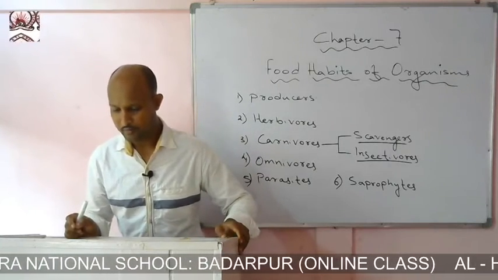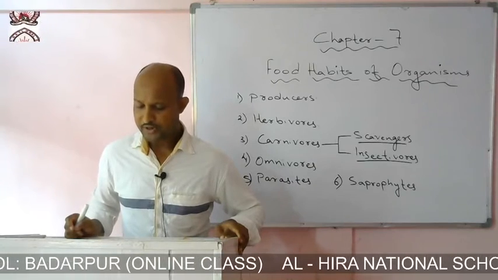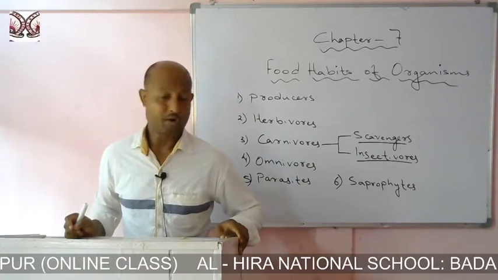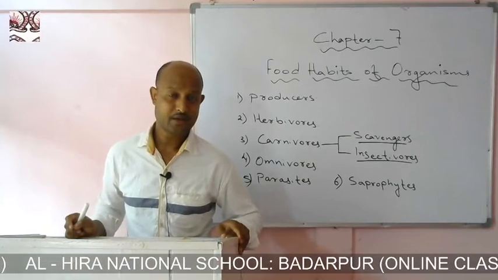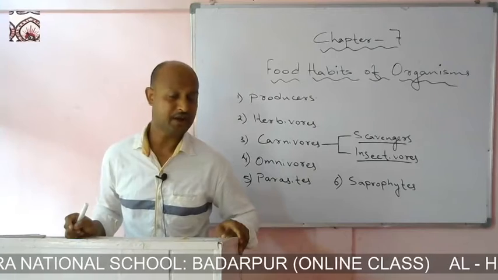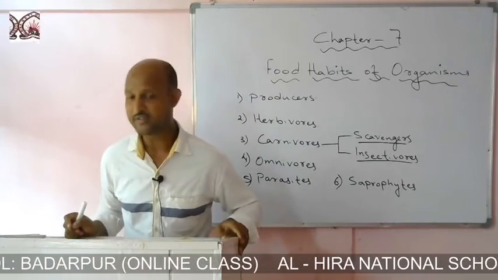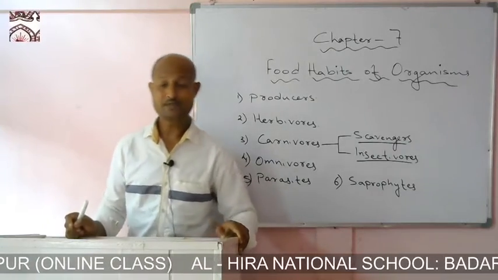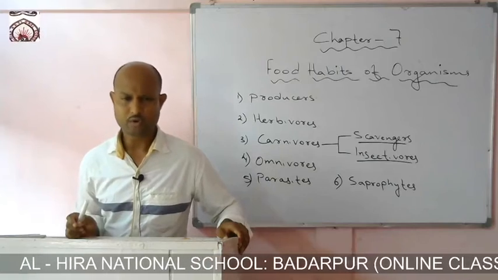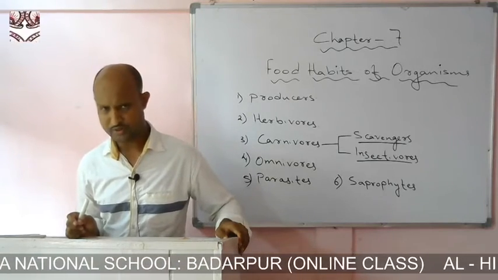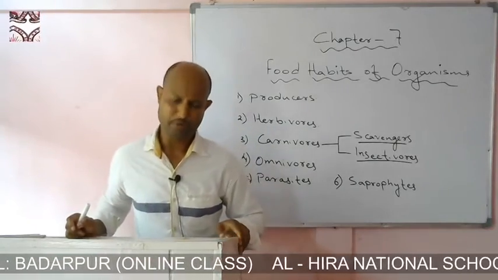For example, some other organisms are naturally carnivores and not omnivores. We know the dog actually is not an omnivorous organism. Naturally, they are carnivores. They were supposed to kill or hunt other animals and eat their flesh. But if this dog is kept as a pet in our house, then the dog will eat the same thing that we eat. So it will also get converted to an omnivore.